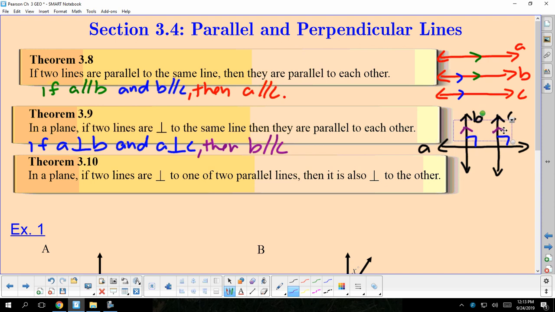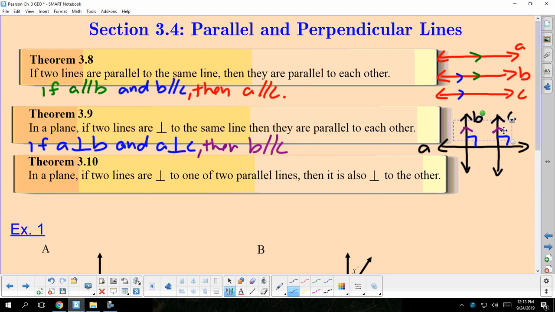And drawing the picture, we can really see that. So B is perpendicular to A, and A is also perpendicular to C, so B and C must be parallel